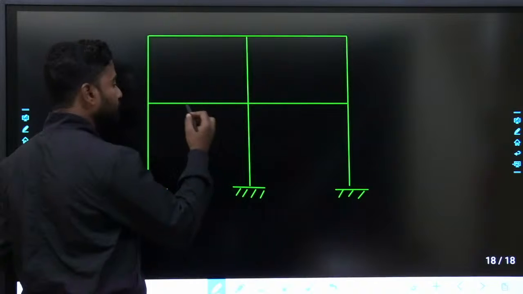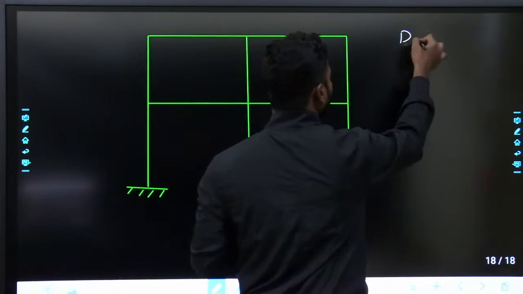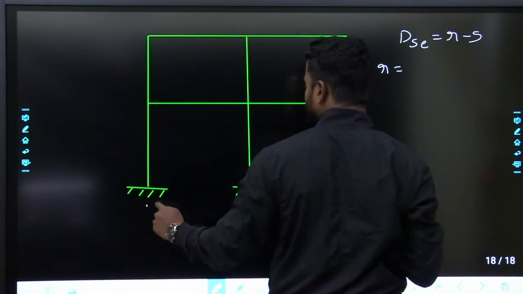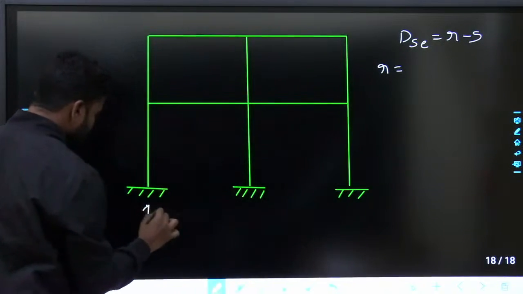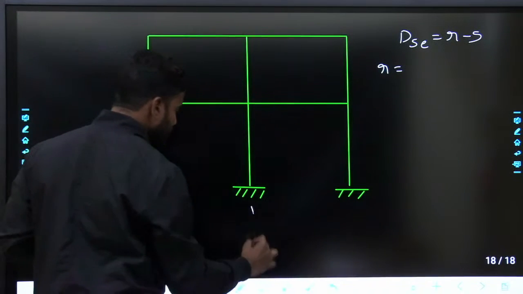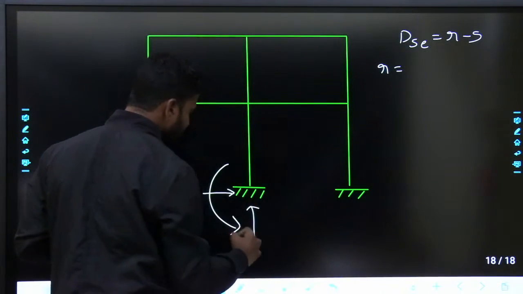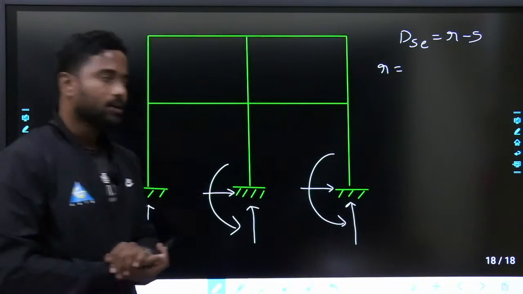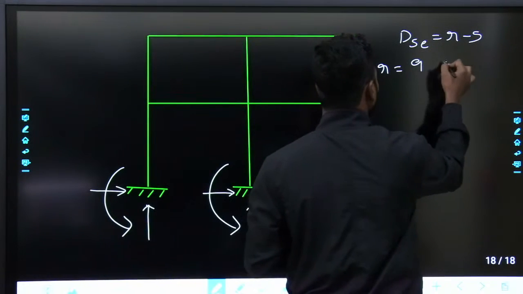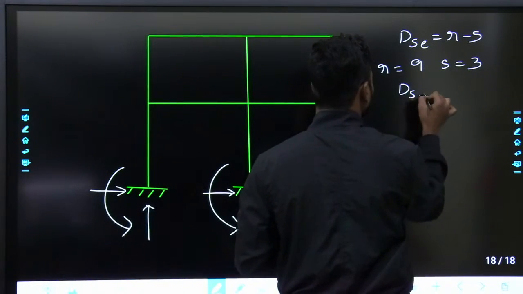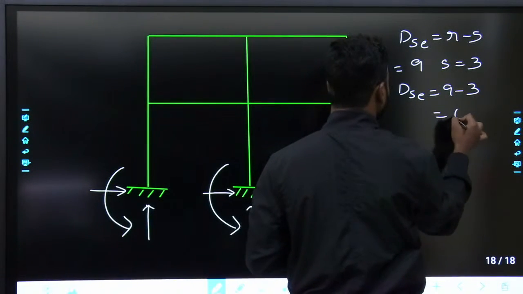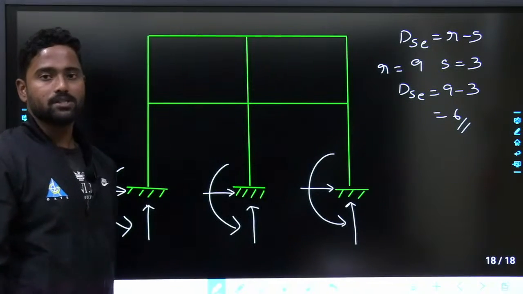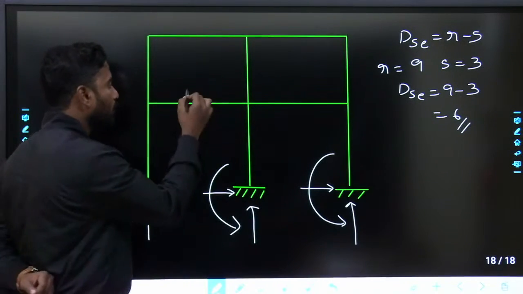Now, external indeterminacy, how will you calculate it? dse is equal to r minus s, where r is the number of unknown reactions. Here it is 3 per support: 1, 2, 3. Everything is a fixed support. So the number of reactions is equal to 9. The number of equilibrium equations is equal to 3. dse is equal to 9 minus 3, that is equal to 6. Easy. And to find the overall indeterminacy, you have to provide a number of cuts,